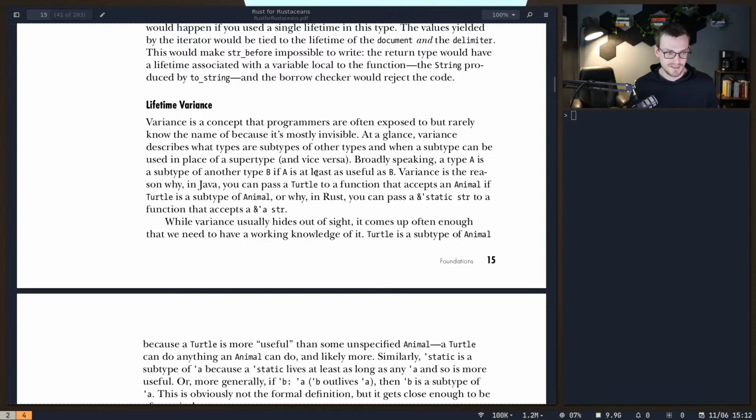So I think when he says "at least as useful," he means like a turtle is an animal, but an animal doesn't have to be a turtle. So turtle is at least an animal, but I think of it the other way. I would just say animal because that includes turtle, but I think he means the opposite way, which makes sense. Or why in Rust you can pass a